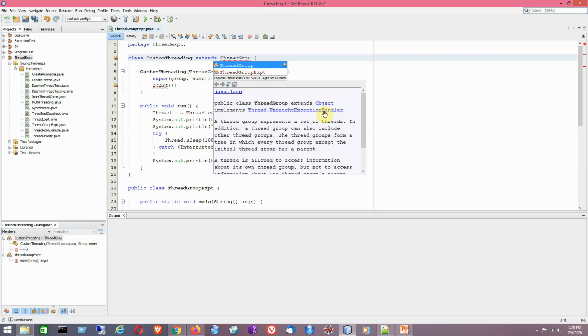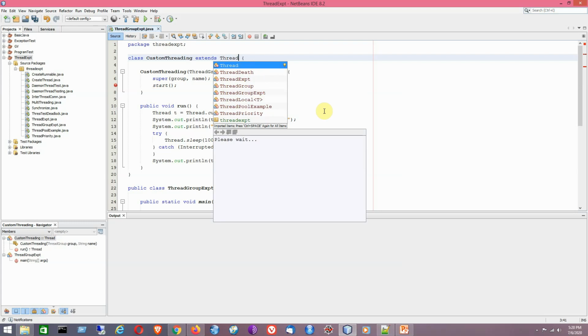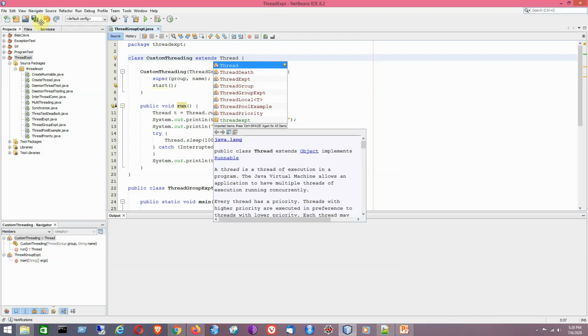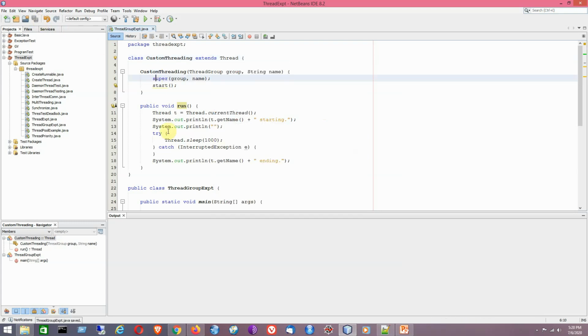Okay, so I have given you the two overloaded constructors of the ThreadGroup class. Besides this, I have also shown you the class signature of ThreadGroup. Okay, so in that way they can be described or defined in the API. So that is the idea. Now back to the normal code.